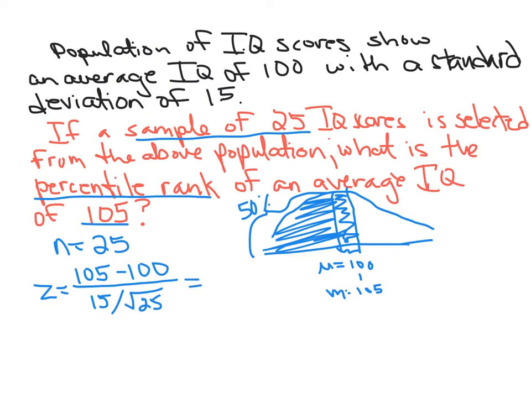I ended up with 1.666, so I'm going to round it to 2 decimals. 1.67 is our z-score. So that's a positive, remember, because it's on the right-hand side of the mean. When you look up the 1.67 as a z-score, you have 2 different things you can do. You can note this area, like this. I'm going to change my pen color so you can see it. This area right here, the mean to z, which the proportion of that is 0.4525,